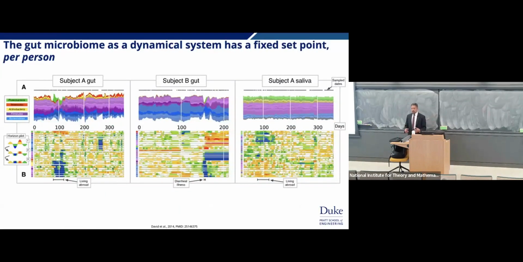From an engineering standpoint and a mathematical standpoint as well, the gut microbiome seems to have this fixed set point depending on the person. So there were two people that did this study. Both Lawrence David and Eric Alm tracked their entire gut microbiome for a year. And over time, they both got sick, but eventually their populations wound up coming back to that relatively fixed set point that they had established, right? Whether they were living abroad or not, they kind of came back to the same point. So from a modeling standpoint, I'm like, okay, this is intriguing. This is something that I could aim towards.